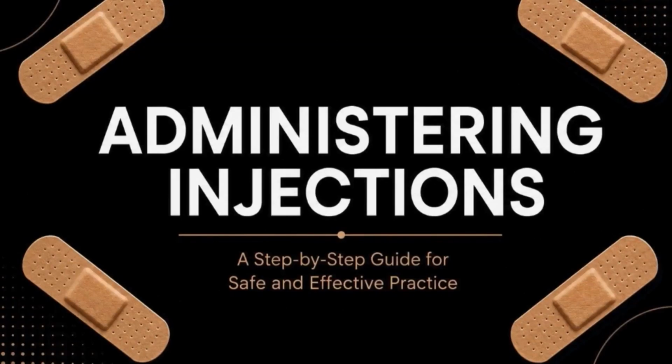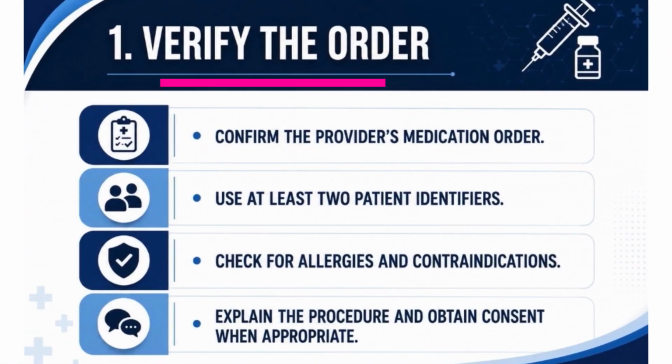Today we're going to be talking about administering injections. Okay, so first you always want to verify the order. You want to confirm the provider's medication order. You want to use at least 2 patient identifiers, which is a name and a date of birth. You want to always ask for any known allergies, and then you want to explain the procedure and obtain a consent to continue. Okay, so going back to asking about the allergies, I also asked if they have any medication